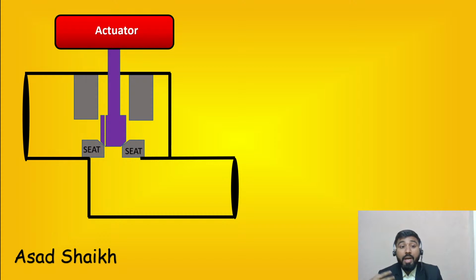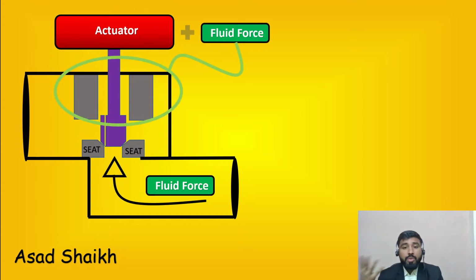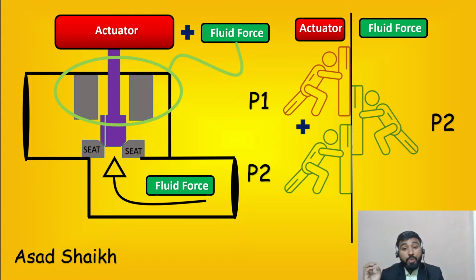Now when you go for a balanced trim design, you see there is this small hole here. What does this small hole do? Once you have that hole available, the fluid forces can enter through the hole and go to the opposite side. Once they go to the opposite side, the actuator and the fluid forces become friends with each other, and they support each other and allow the forces to add up. So for example, the fluid force was P2, and on the other side you have actuator force P1 plus P2 acting from the opposite direction. So this greatly reduces your load on the actuator.